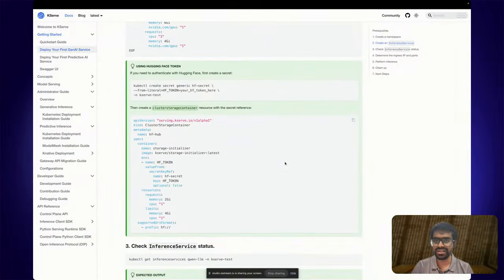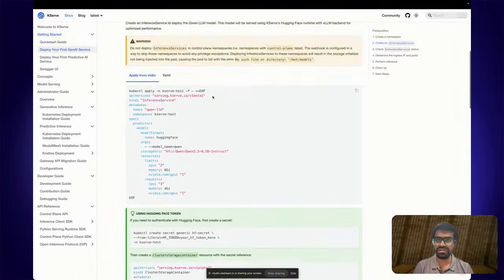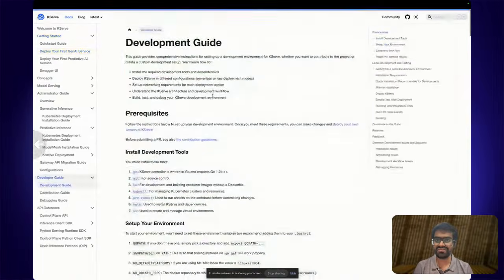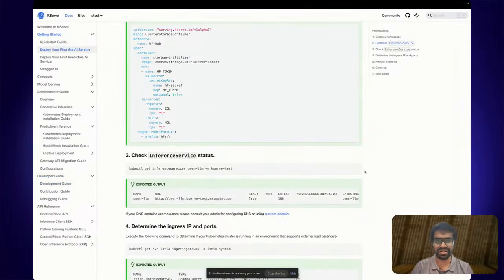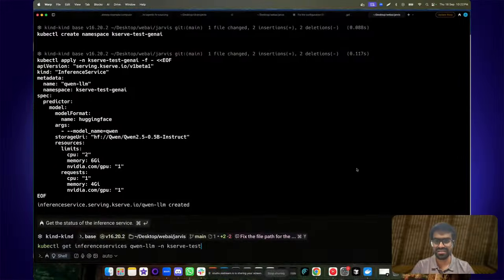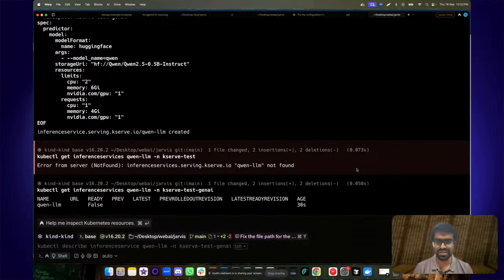And then we might need to authenticate with Hugging Face. That could be a situation, because I'm not sure if I did, but we can take a look here. So we get inference services Quen LLM not found. Oh, my bad, it's not ready.